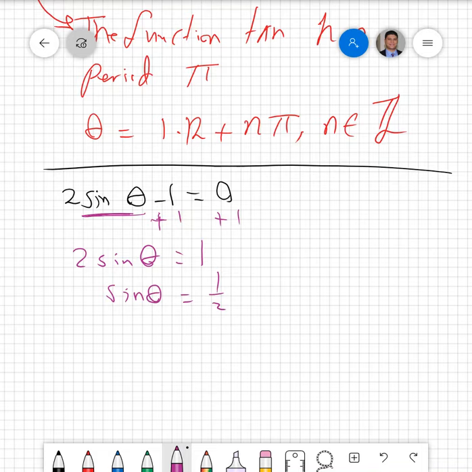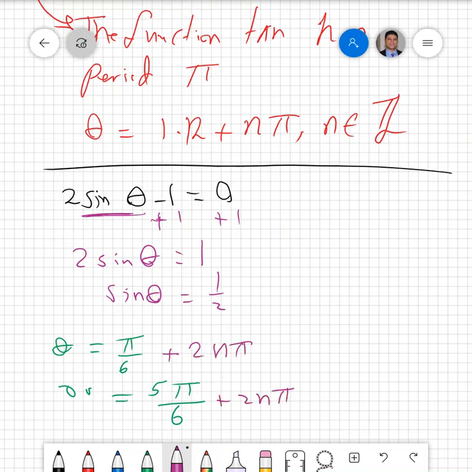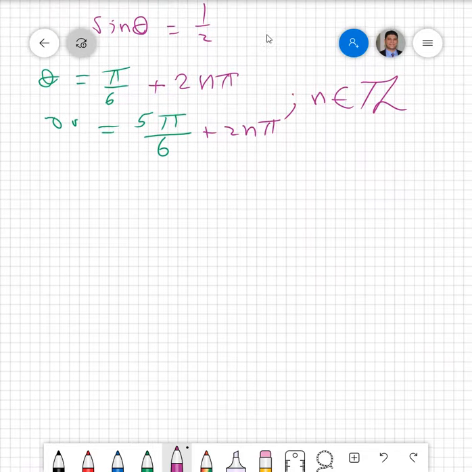As in example 1, theta would be pi over 6 or 5 pi over 6, and we need to write it in general form, plus 2n pi such that n belongs to z. Another example,